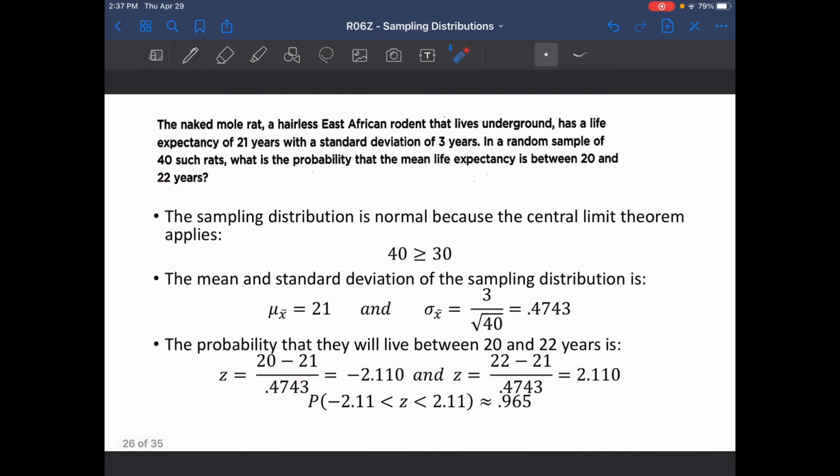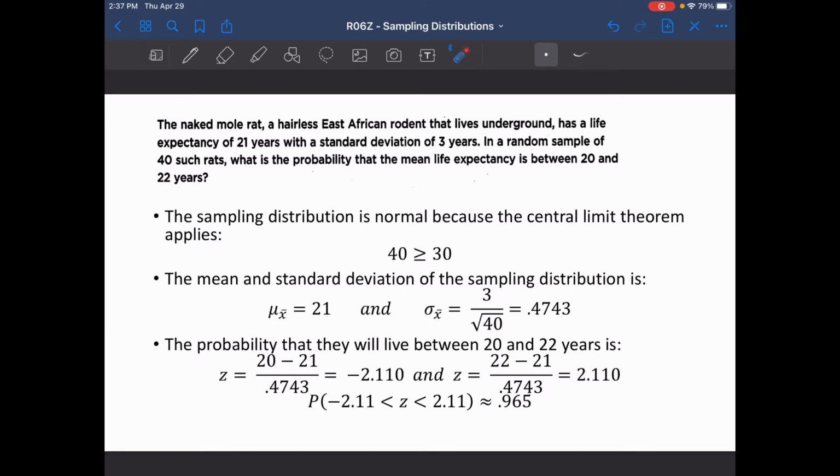So again, only for means, not for proportions. A naked mole rat, a hairless East African rodent that lives underground, has a life expectancy of 21 years with a standard deviation of 3 years. In a random sample of 40 such rats, what is the probability that the mean life expectancy is between 20